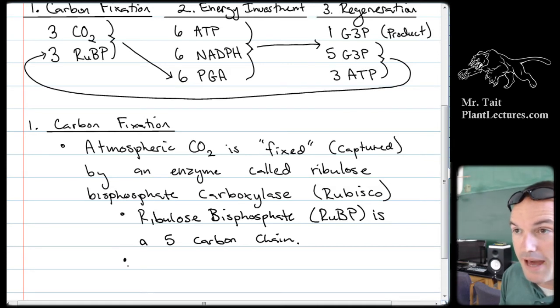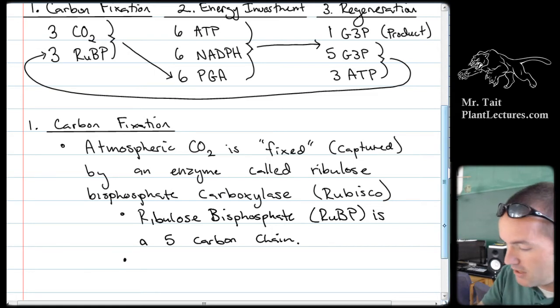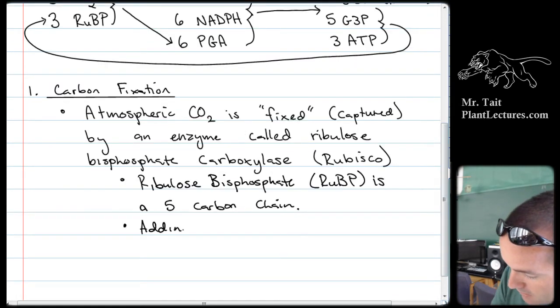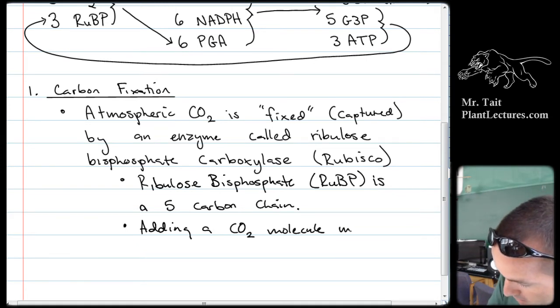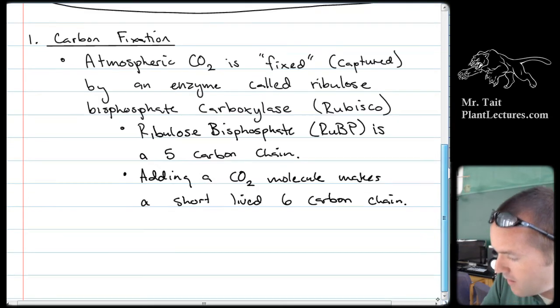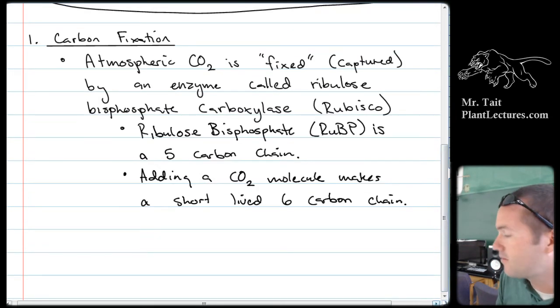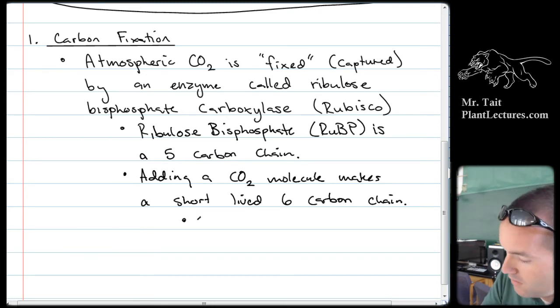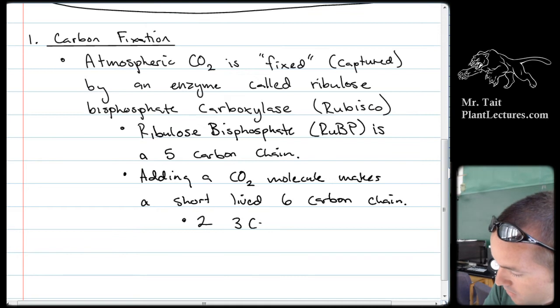It gets a CO2 group added onto it. How many carbons is it now? It's a 6-carbon chain. So adding a CO2 molecule makes a short-lived 6-carbon chain. Okay? That 6-carbon chain is going to break down into 2 3-carbon molecules. So 2 3-carbon molecules